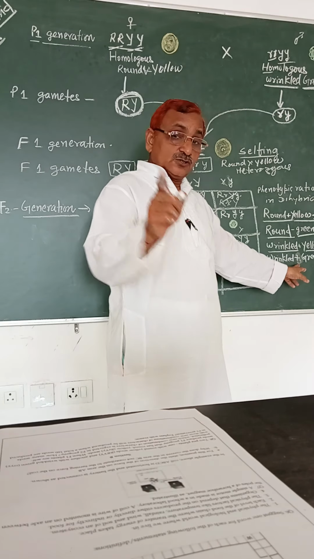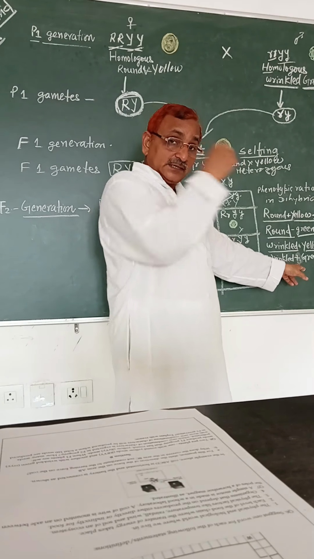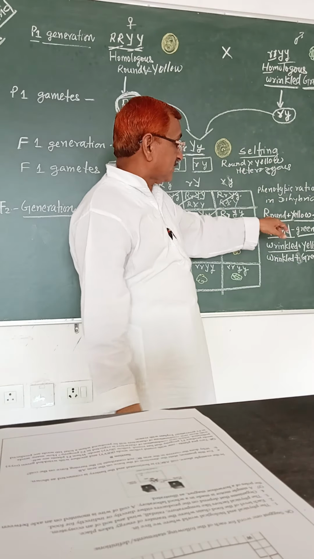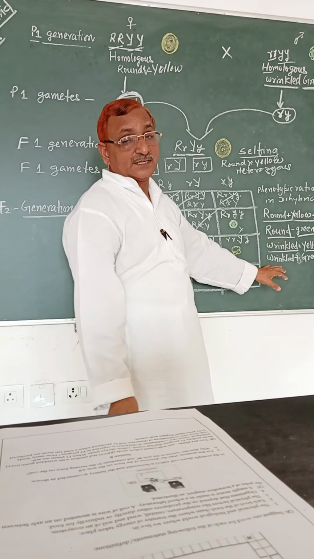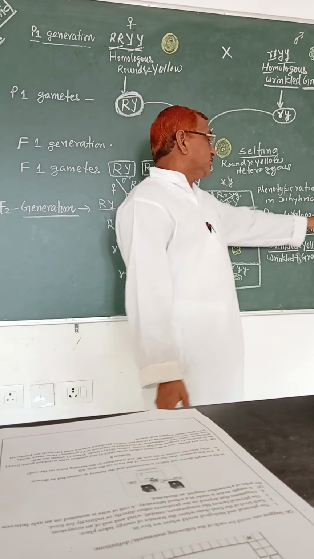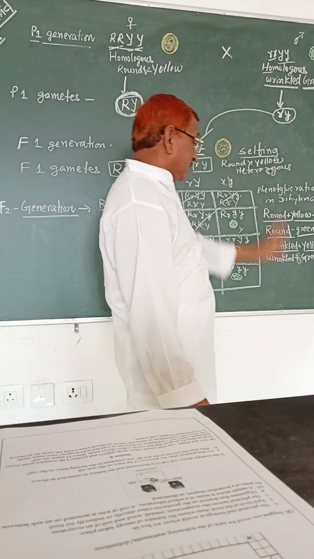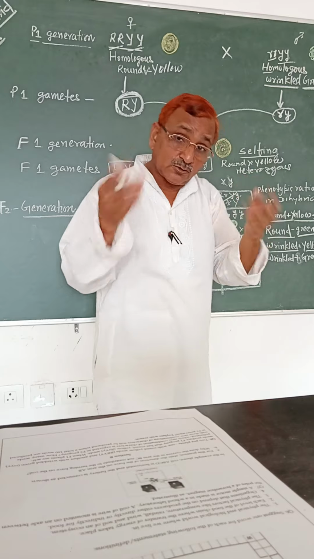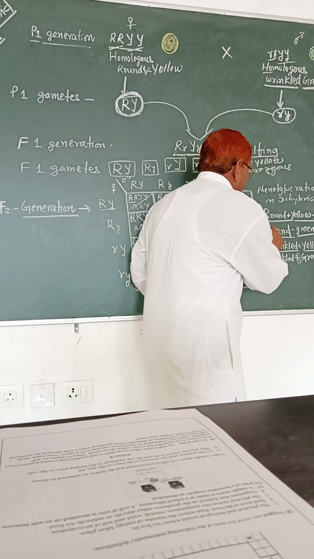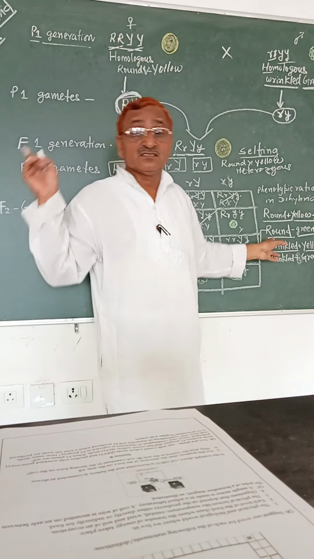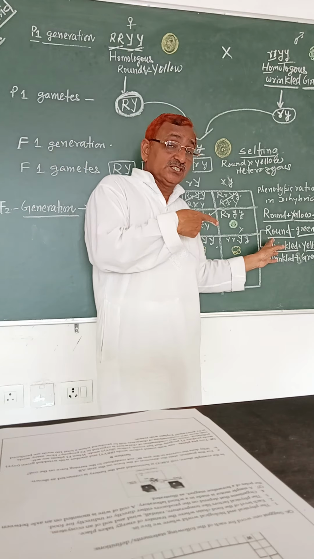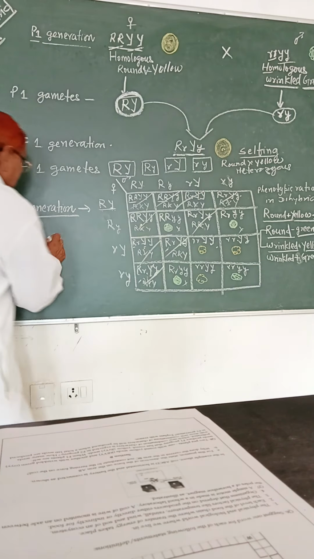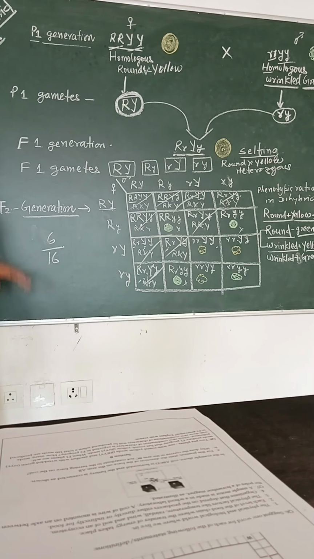You have to understand now, your conclusion, the answer is hidden here. The phenotypic ratio means the observable features are of 4 different types. One is round and yellow, that is the parental one. Another is wrinkled and green, that is also parental. These are not new, these are old, parental ones. But these 2 are new, and the question is asking about these 2 new ones. So these 2 means 3 plus 3, 6 altogether, 6 out of 16.